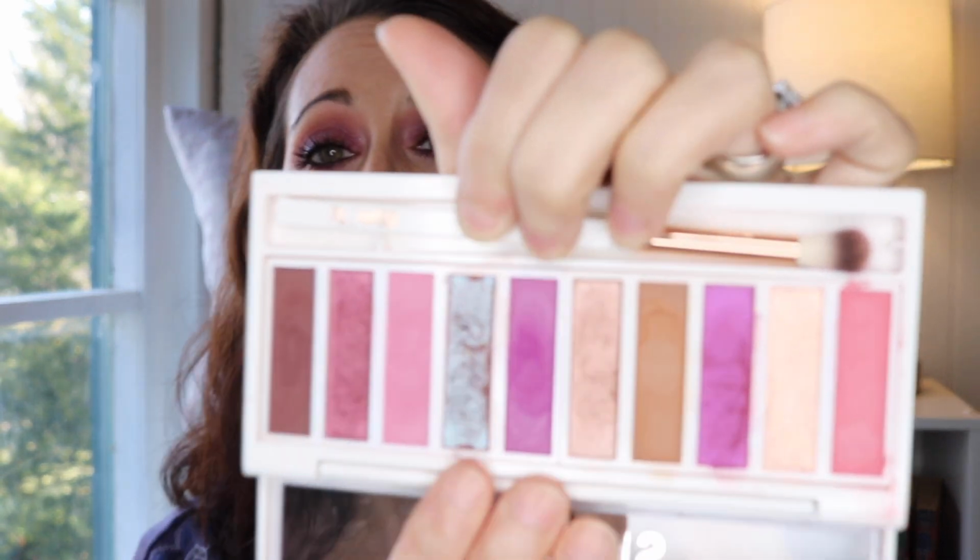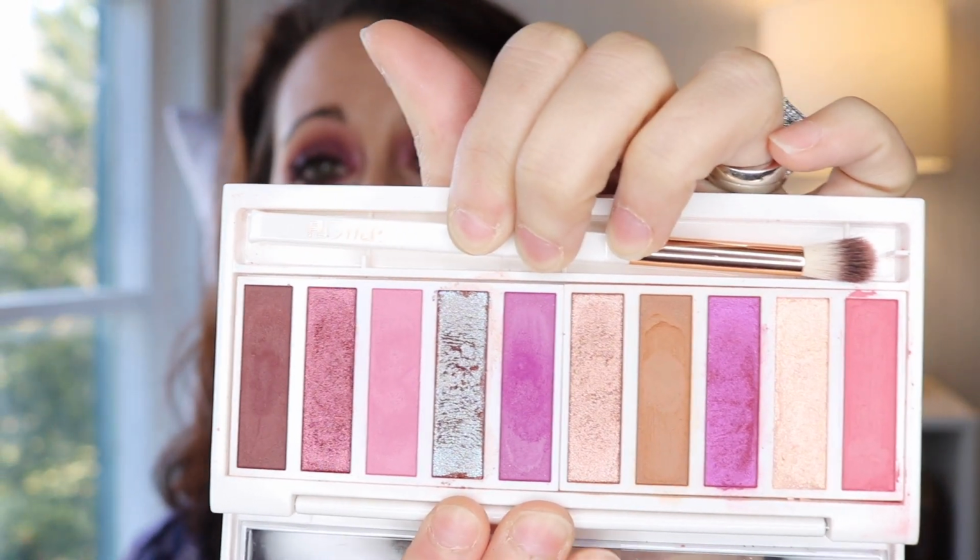So yeah, this is the finished look. I think it turned out really beautifully. So I'm gonna zoom you back out. Let's talk about this palette. So again, very dusty, very soft, almost like a baby powder texture. After doing the swatches, my little palette is kind of a mess, but